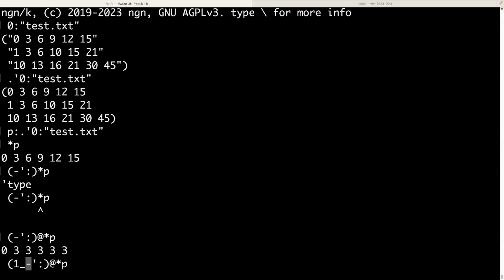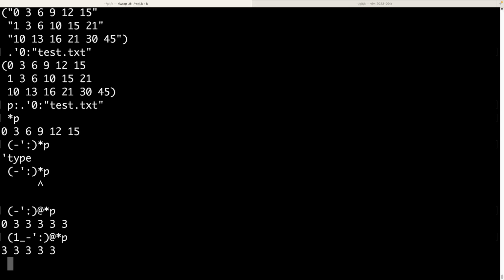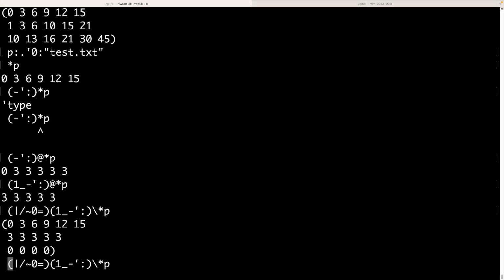And so we want our sequences to basically decrease in length by 1 each time that we run this. So we'll just drop the first elements, right? Now we can run this using a while loop, and we'll run it while there are any non-zeros in the rows that we're calculating. So this is 0 not equals, and as long as anything in the row is not equal to 0, we'll keep going. And instead of a reduction here, we'll do a scan, so we get all the intermediary rows. So this table